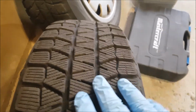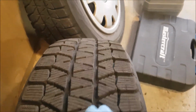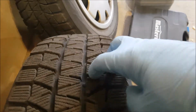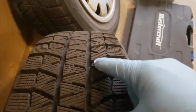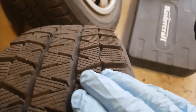If we look at the winter tire here, you'll see that it's got less of the deep grooves, so it's got the two big ones for water to get the water out. However, all these other bigger grooves here do a really good job gripping the ice and the snow, and especially these little fine tiny grooves, they're really great when it comes to making contact on ice, either when you're taking